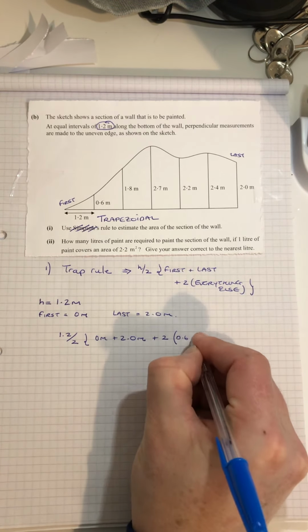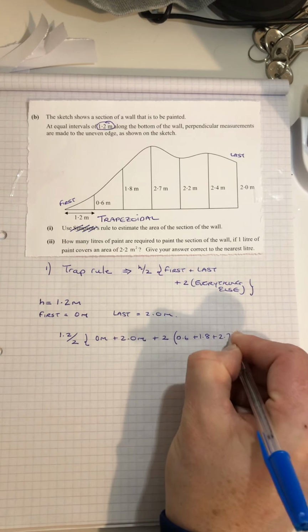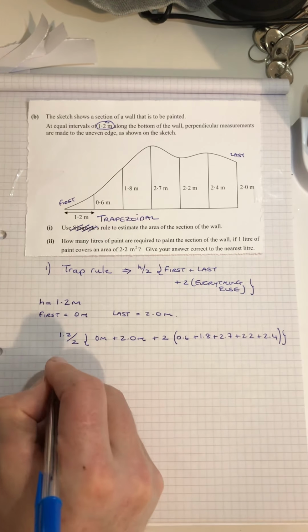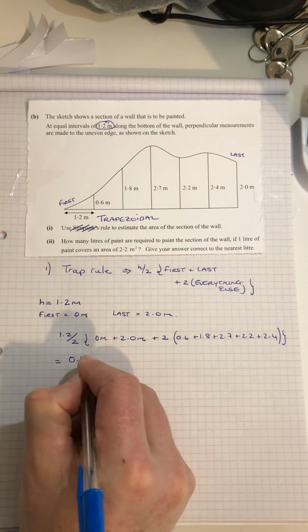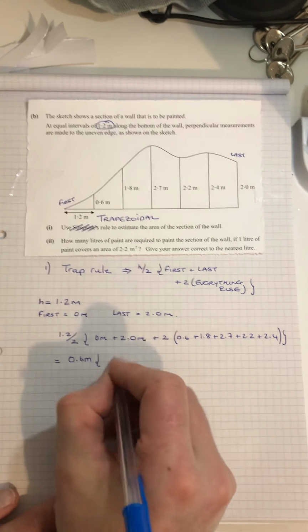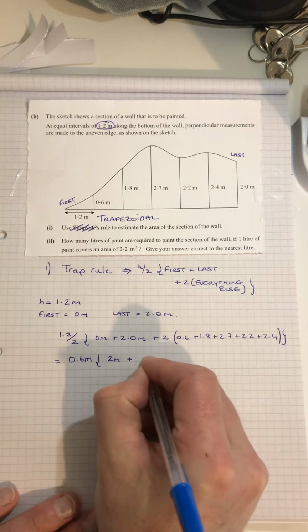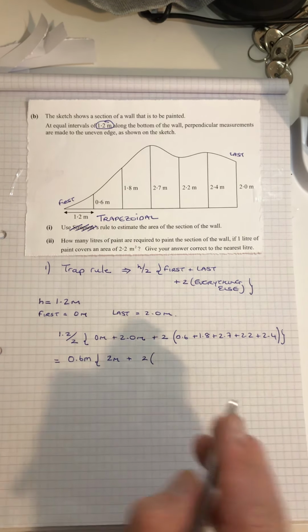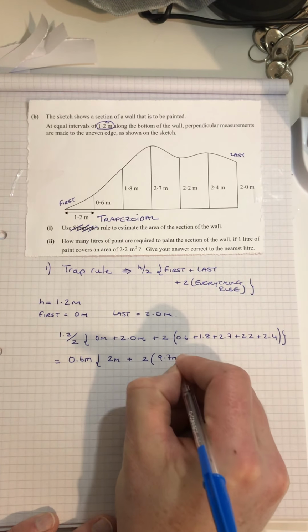So 0.6, 1.8, 2.7, 2.2 and 2.4, which gives me 0.6 meters, 1.2 divided by 2, 2 meters plus 2 times 0.6 plus 1.8 plus 2.7 plus 2.2 plus 2.4. So 2 times 9.7 meters,